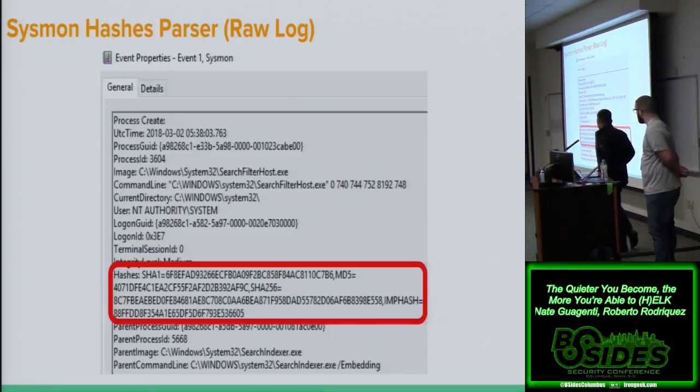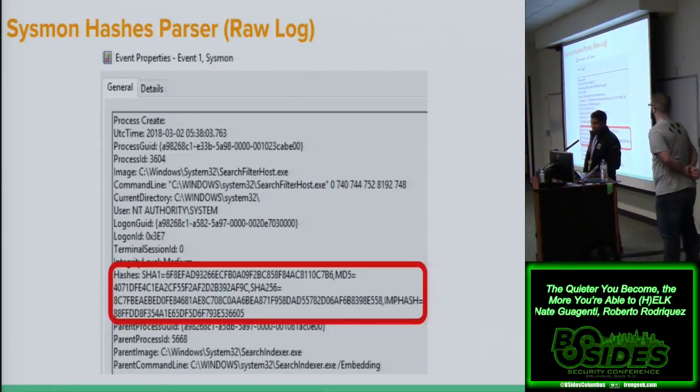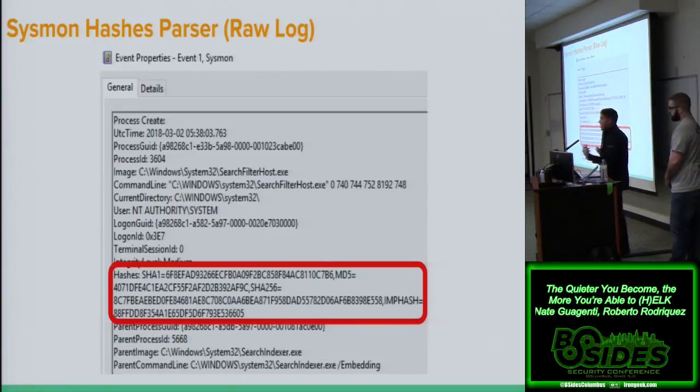Yep. One thing I remember from the organization I worked at before, actually before the bank too, was the idea of getting hashes and things like that. The moment everybody just enables everything, you have one field called hashes with all the single hashes you can get from the system.